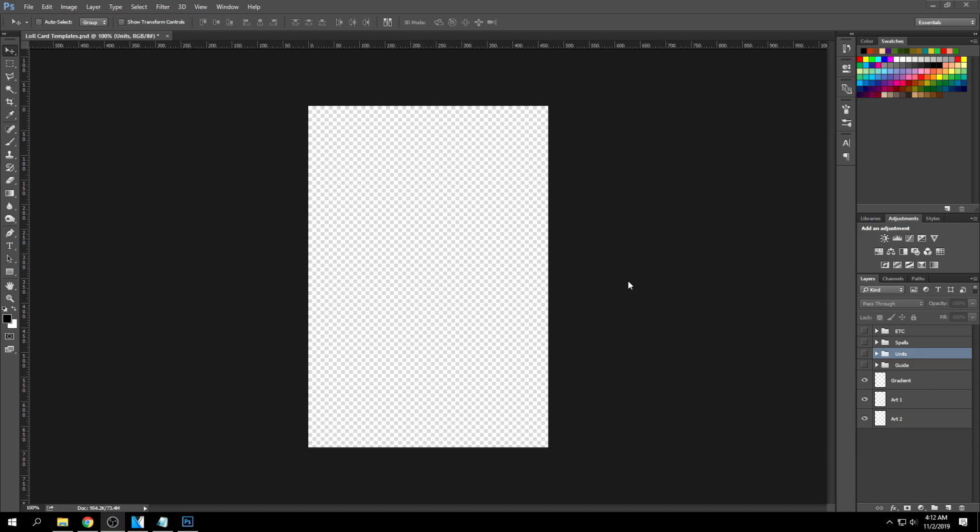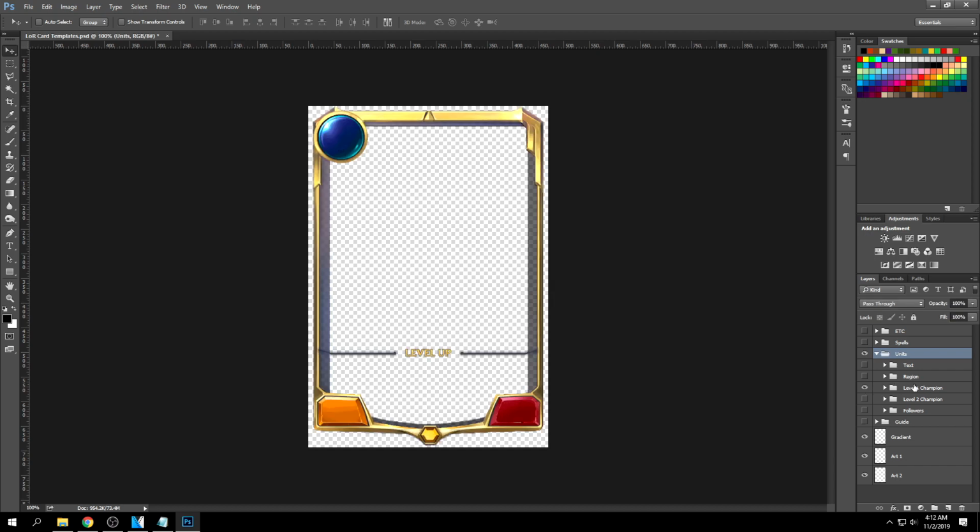I'm going to be making Shaco today for this demonstration, so the first thing we need to do is pick what kind of border we need for the first card. Now for Shaco, he's the champion, so we need a level 1 champion border first. So you head on over to your units folder, open it up. You want to reveal the level 1 champion folder,